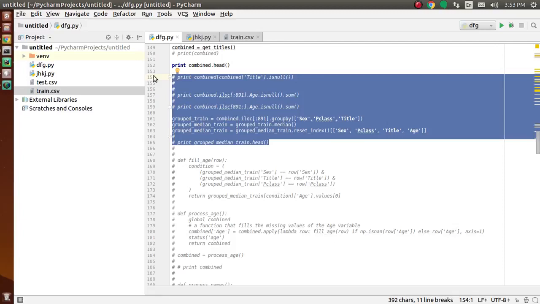To avoid data leakage from the test set, we fill the missing ages in the train set using the train set, and we fill in ages in the test set using values calculated from the train set as well.